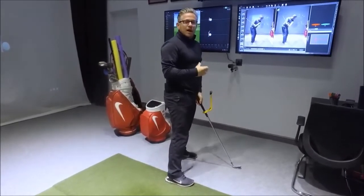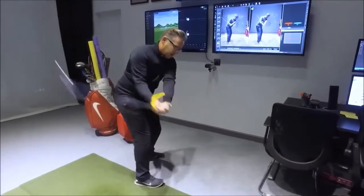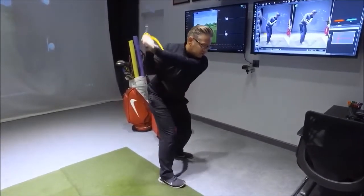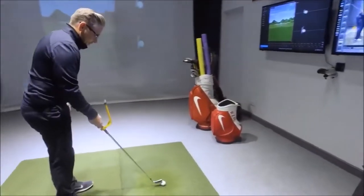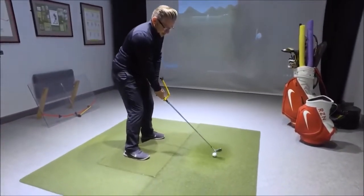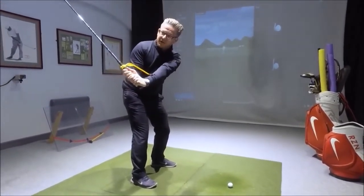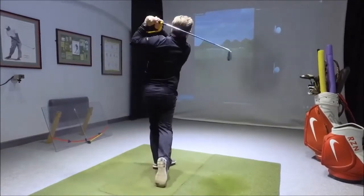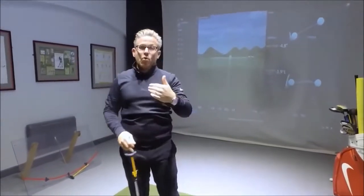A great drill that I do with a lot of people to really help is I get them into this halfway back position right here. I get them to pause, make sure it's set, then turn to the top and hit. In fact, while we've got a moment, actually, let's see what this even remotely looks like. So we'd go from here to this little set position. I just checked in the mirror, left arm's close to parallel to the feet, then we just go to the top and hit. So that's going to guarantee that I'm getting the club working more up and down in front